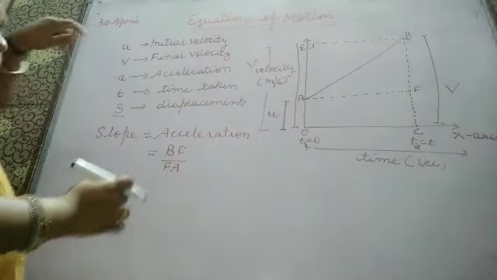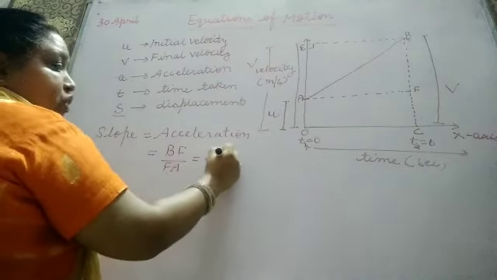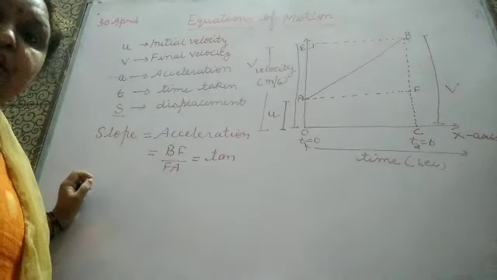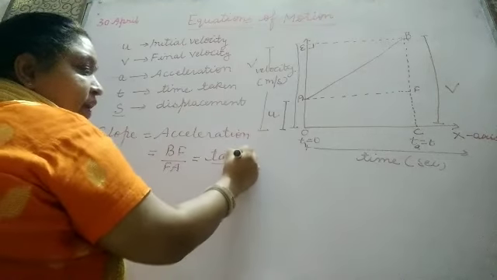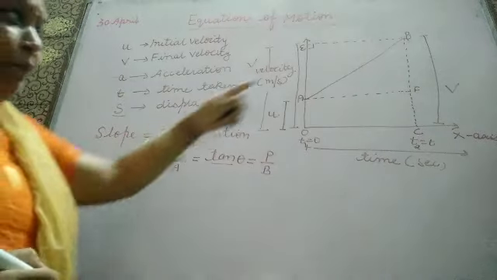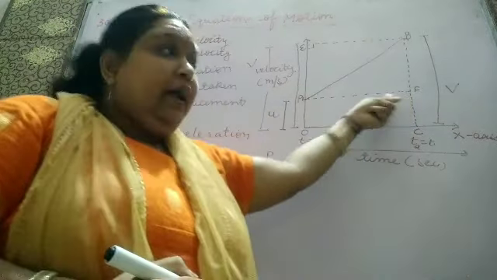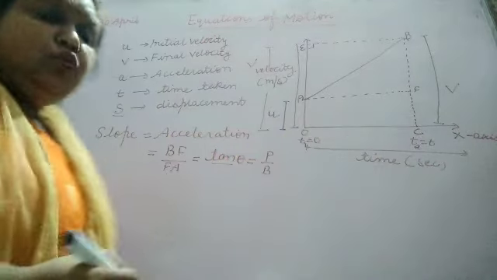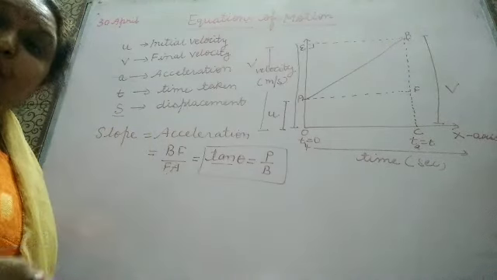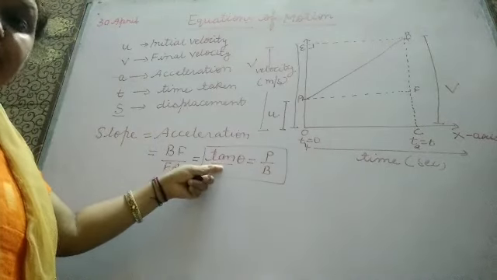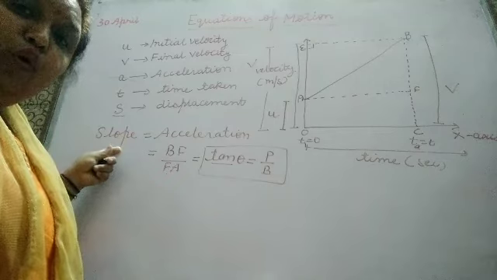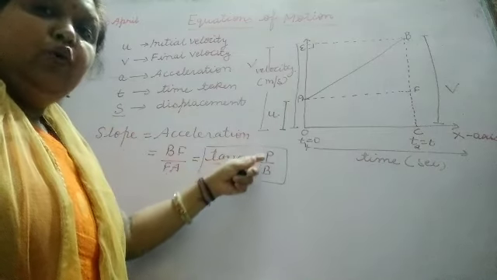Or we can say that it is equivalent to tangent also, which you are going to read in trigonometry. From here you can remember that tan theta is equal to perpendicular upon base. And what is perpendicular here? BF. And what is base here? AF. Students, this thing you are going to read in your higher classes in trigonometry, in maths. Till now you can remember that tan theta is equivalent to acceleration, which is equal to slope, and it is equivalent to perpendicular upon base.